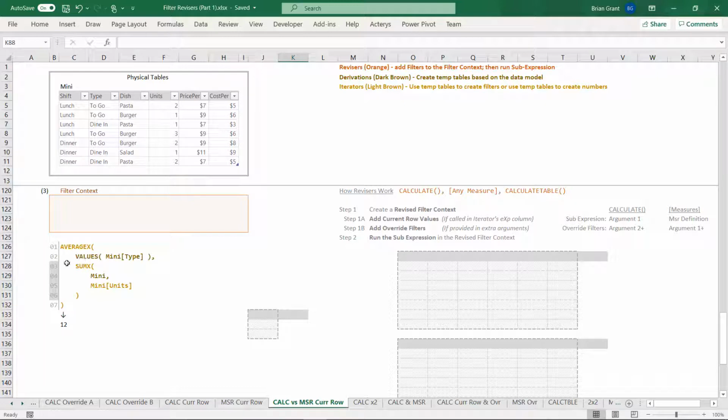So what do? We're going to go perform this derivation right there. Go get all the different types. There's no filters in place when we start out, pretty much like always. So we get to-go and dine-in. That's going to be our derivation right there. So we get type, to-go and dine-in, right? And now, just like before, we're going to add an expression column with this definition right there. So I'm going to type in exp,